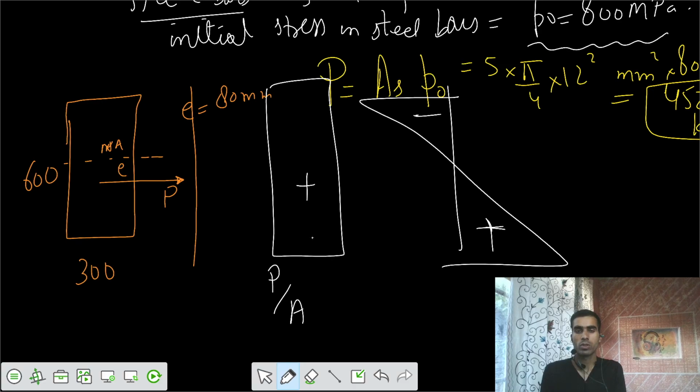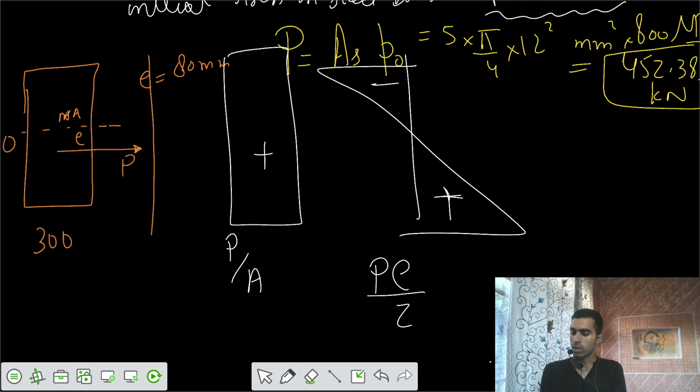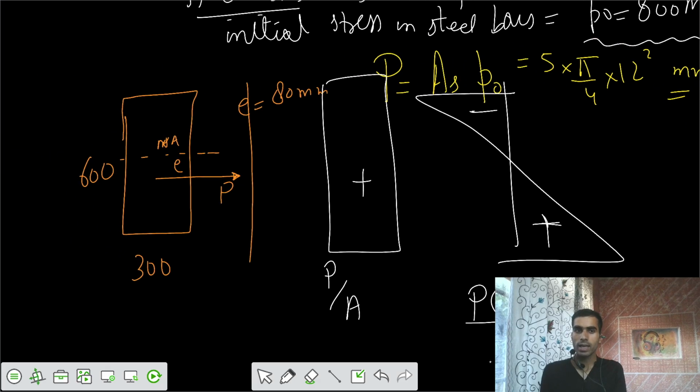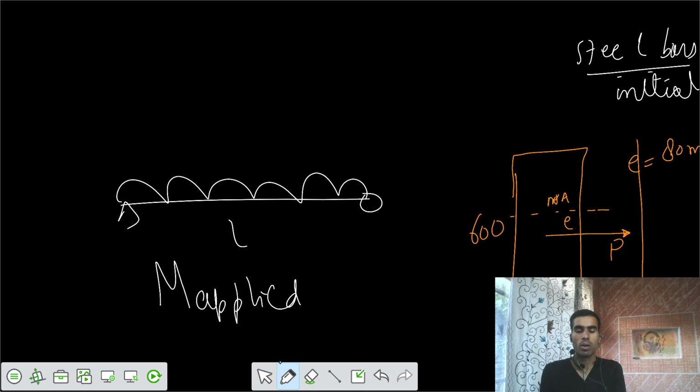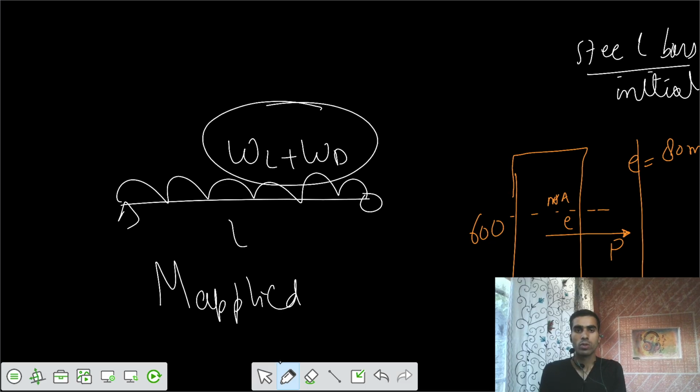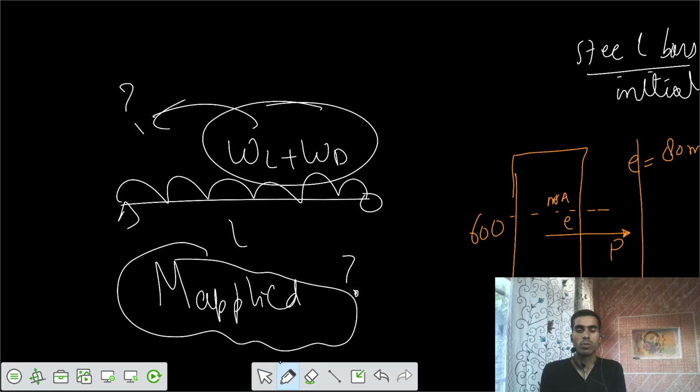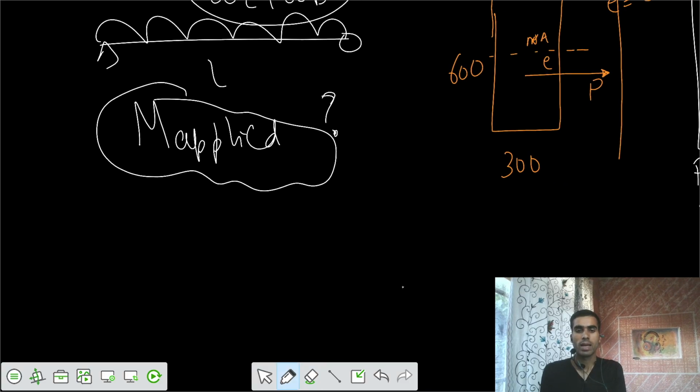Bottom tensile, bottom positive, top tensile because of hogging bending moment. Because the eccentricity is below the neutral axis, PE by Z. And is there any moment? Yeah, it's saying that if there is a beam of length L, how much moment should we apply because of those loads, W live plus W dead, such that, so the problem is that how much moment we have to apply such that